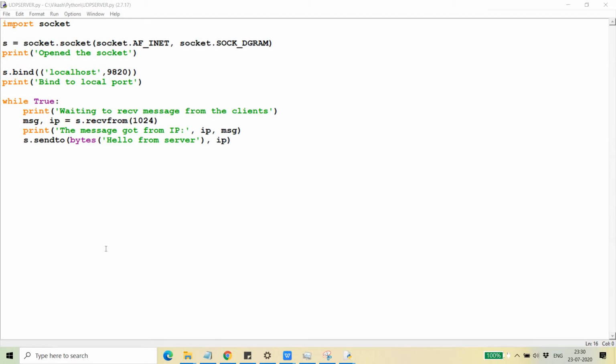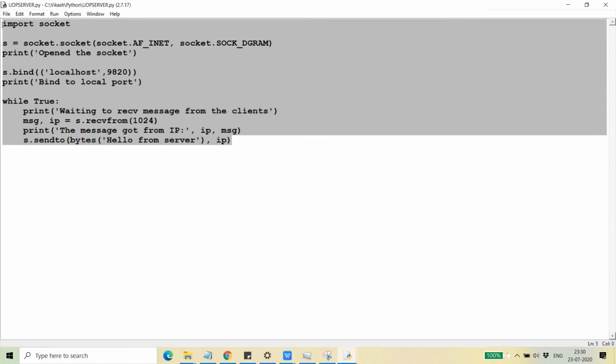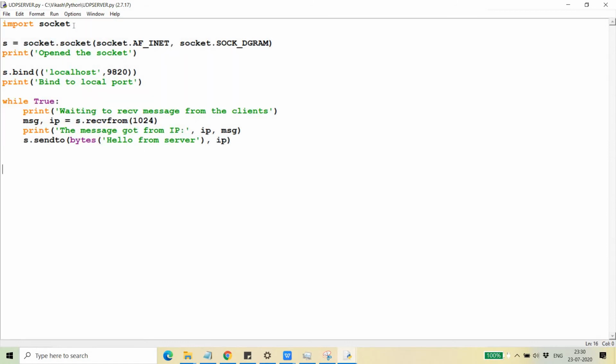Online TV programs and all those things, we can build on datagram sockets to create such applications. Okay, so here I'm showing you one client and one server application, and the code to create them. First of all, import socket. This is the server program, and it's hardly 8 to 10 lines. You first need to import socket, just like in the case of TCP sockets.